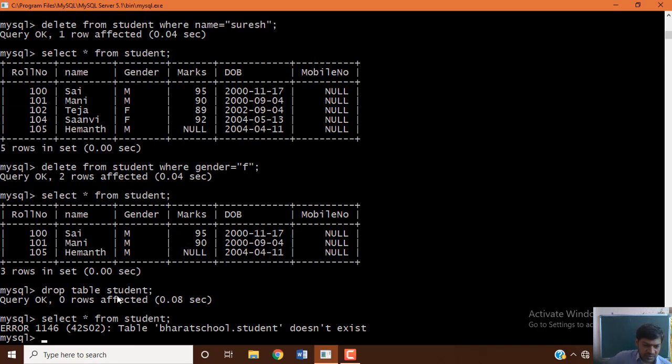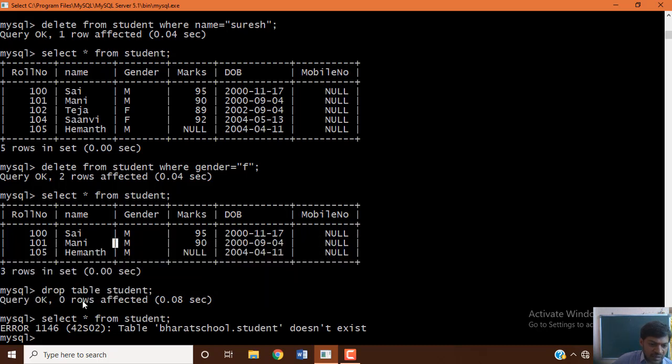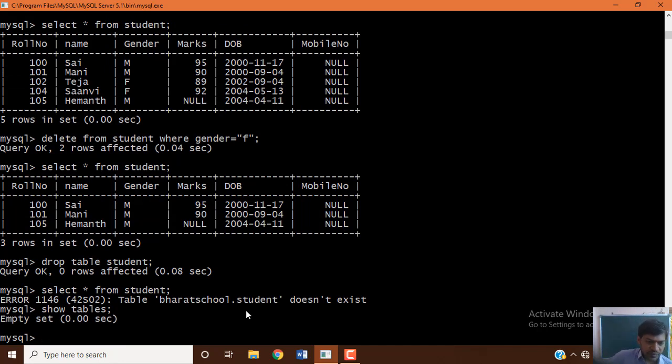Actually, here it was mentioned in the book that first you need to delete the data, then only drop a table. But practically, when you executed, data was there in our table. There were 3 records, but still we applied the DROP command, which deleted the data as well as the structure of the table, which doesn't exist. If you want to check by using another command also, SHOW TABLES. There is no table existing, the student table which we worked with doesn't exist.